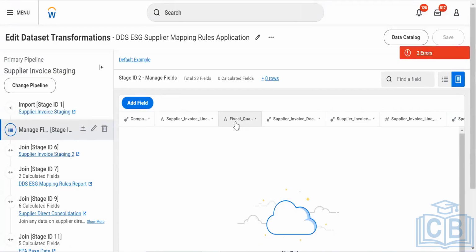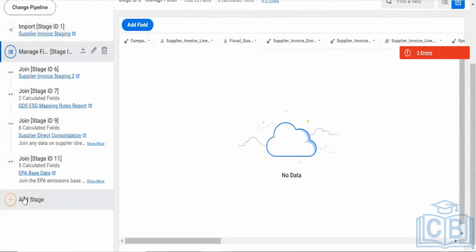Workday suggests that as a part of standard practice, you can involve these steps in your working. Always, when you import, the import will be the first stage. Once they import it, after that people add manage field, and after they finalize this, they will add a manage field in the last as a part of standard practice. But this is used where there are too many fields, too many different objects and different fields used.